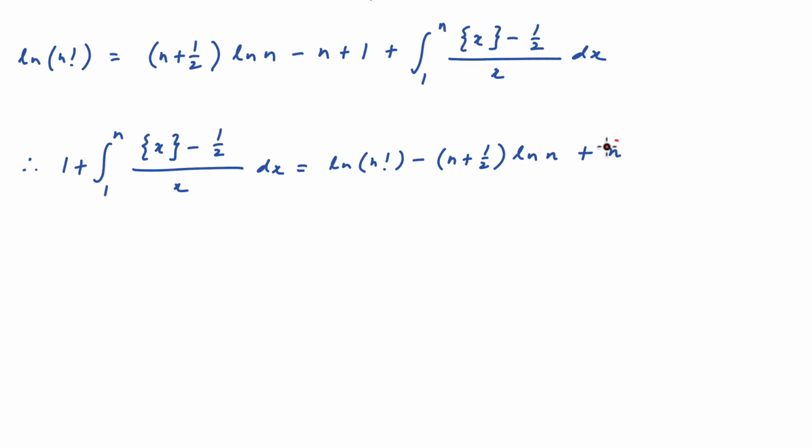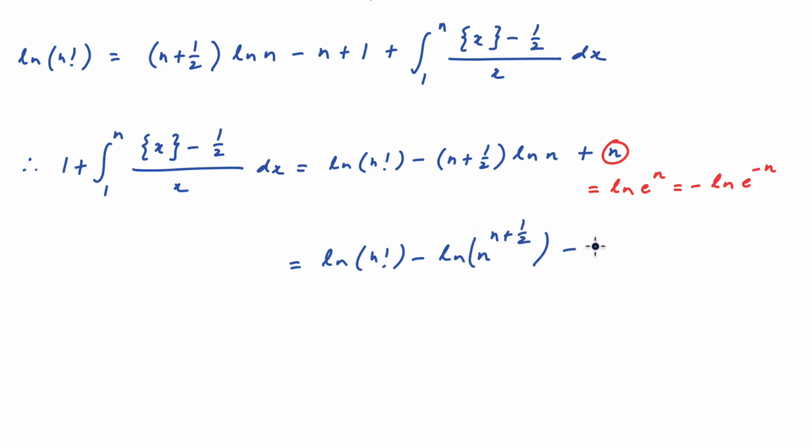Now the n at the end on the right hand side can be expressed as ln of e raised to the power n, which can also be written as minus of ln of e raised to the power minus n. And we'll see in a minute why we have arranged things this way. The right hand side becomes ln of n factorial minus, using properties of logarithms, ln of n raised to the power n plus half, minus ln of e raised to the power minus n,